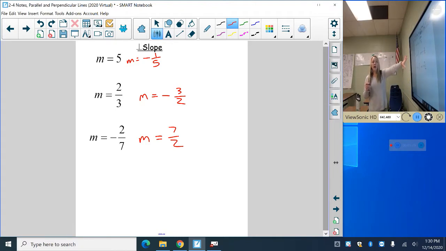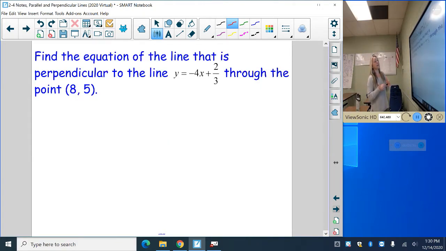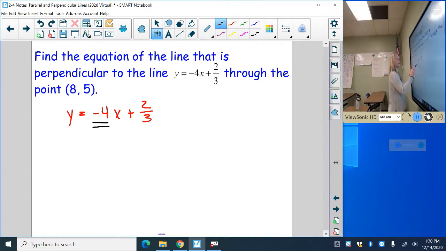We need to be able to do that in order to create equations of lines that are perpendicular to each other. Okay, so let's try an example. Find the equation of a line that is perpendicular to the line y equals negative 4x plus 2/3 that goes through the point 8, 5. So first thing we need to do is solve this equation for y, which it already is. So we get to skip that step, and then we identify the slope. The slope of this line is negative 4,